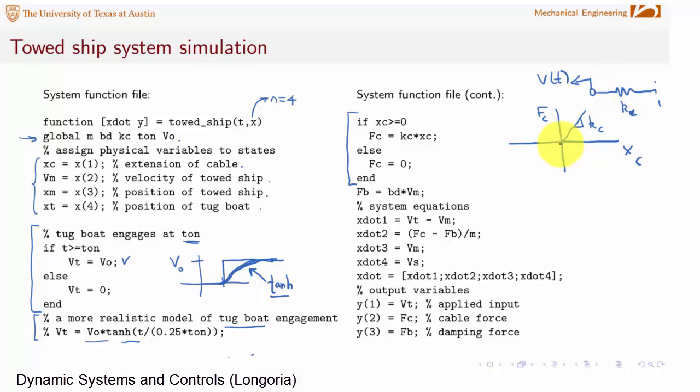But if you try to loosen it too much, right, if you don't have any tension, if you try to compress it, the force goes to 0, right? So actually that's what this says here, that if you're in tension, you get a linear force, but if it goes slack,